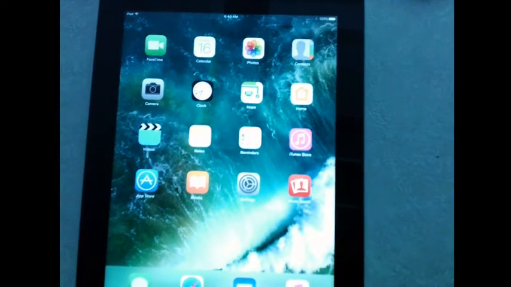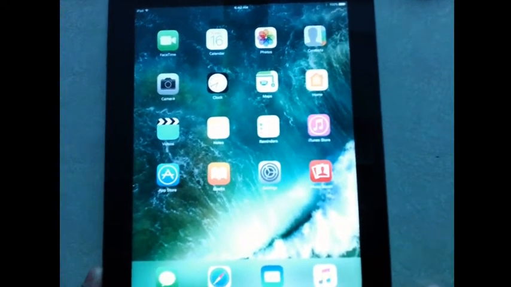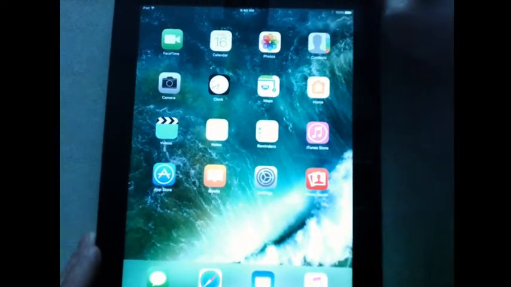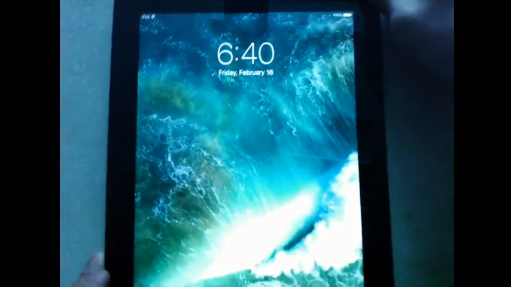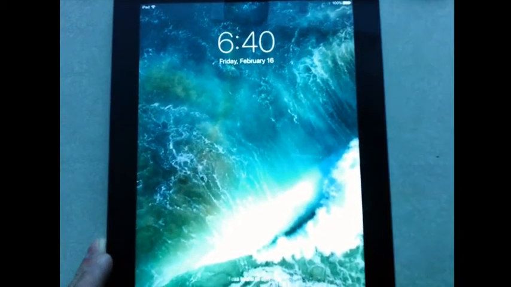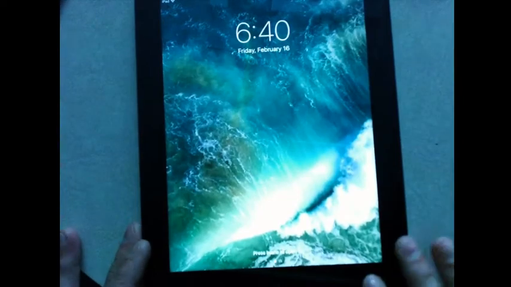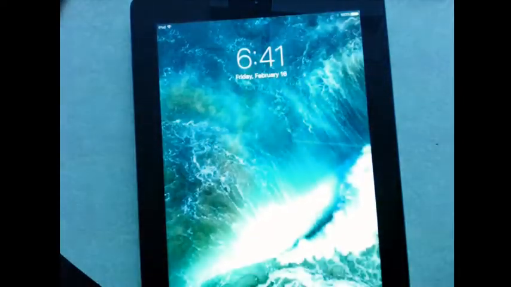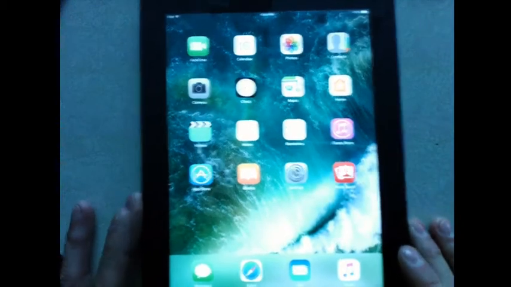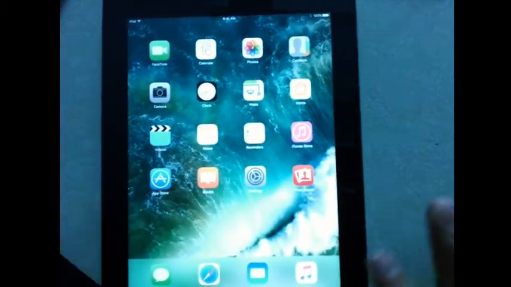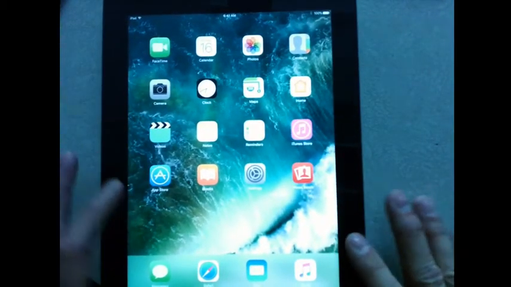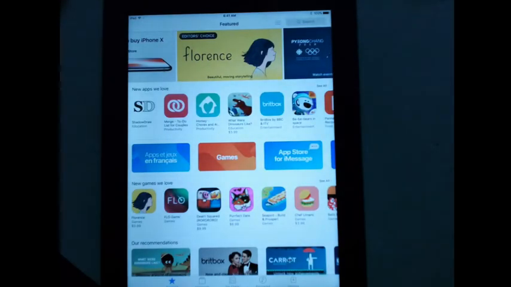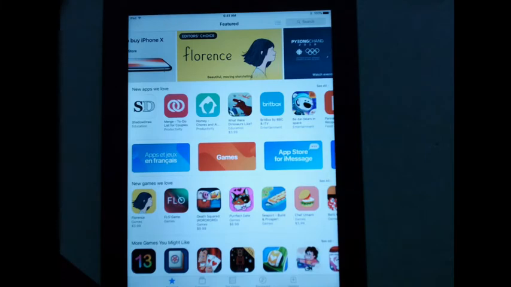One of the first things that makes that pretty evident is the background. It does not have that blue background, and the lock screen does not have that TDSB logo. So this iPad is not enrolled in AirWatch. It's not being managed by AirWatch. A lot of times, when you have an iPad that's not managed and there are no security policies in place, students could do whatever they want to. The App Store is available. They could go into the App Store and start searching and downloading whatever apps they want, and that could cause some distractions.